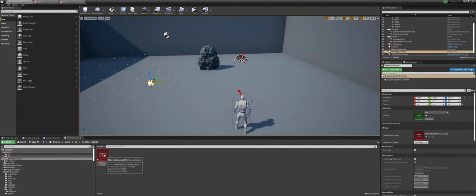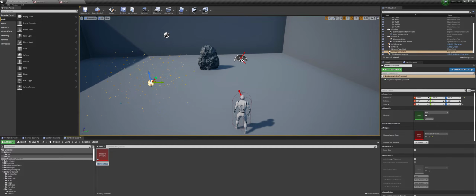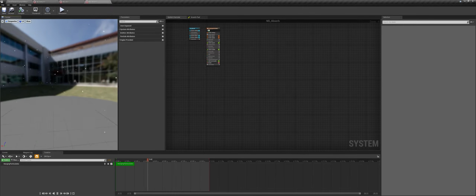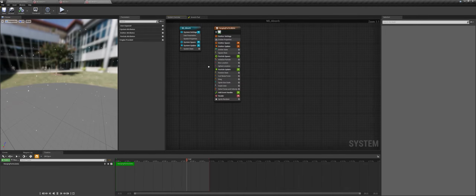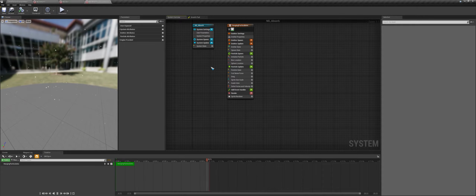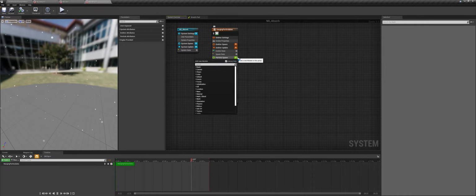So I will just right click and click rename, and I will rename this NS absorb. Then I will open it up. Then here you can see these hanging particles. So I will go here and I will go to the particle spawn and I will click this add icon and type in static mesh location.